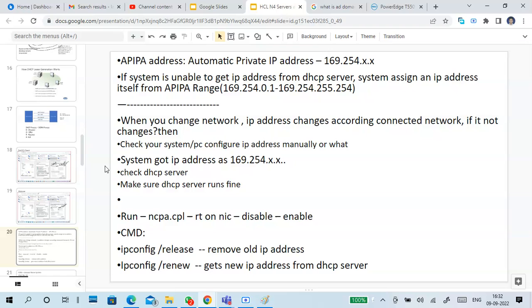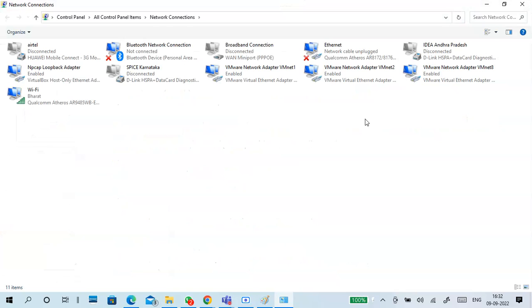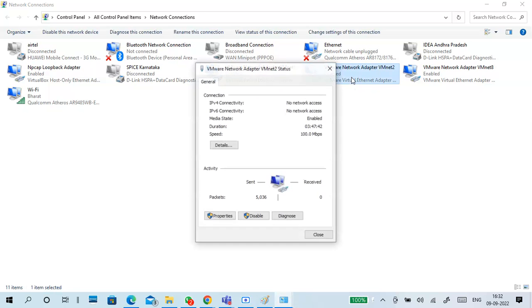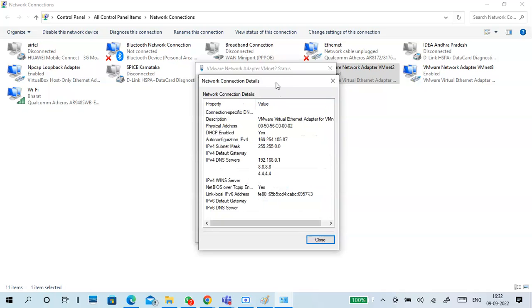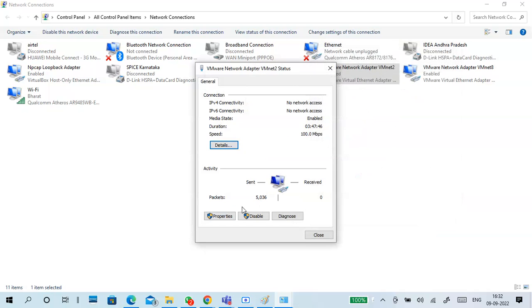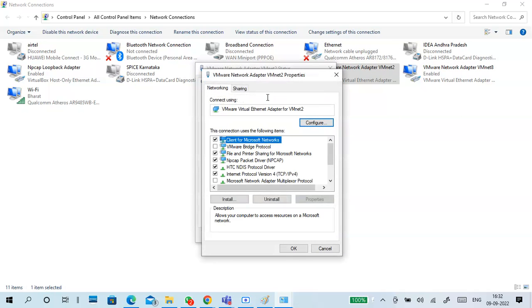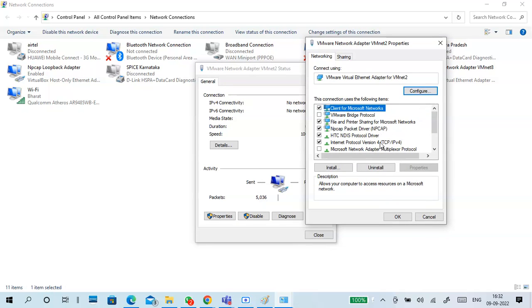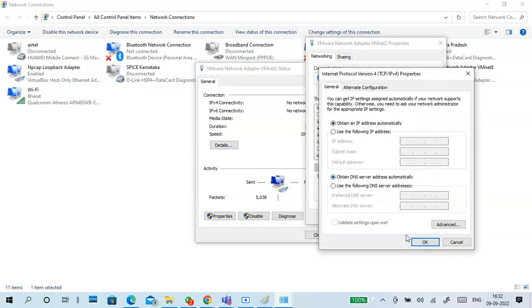Once it is working fine, then come to your client PC and check whether you are getting an IP address or not. First of all, I have to check my DHCP server and its connectivity, everything. Once I have checked it, I make sure that I am getting an IP address